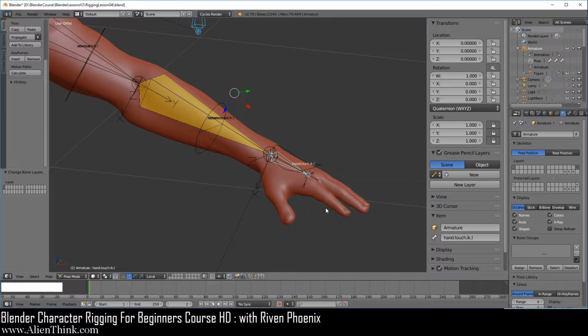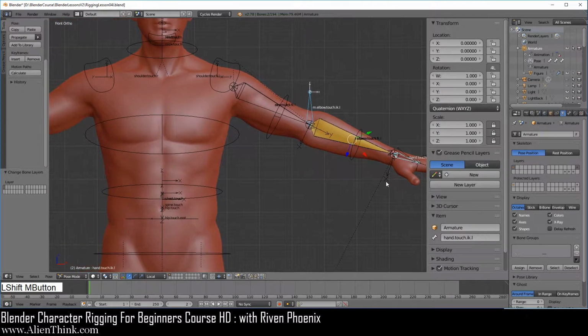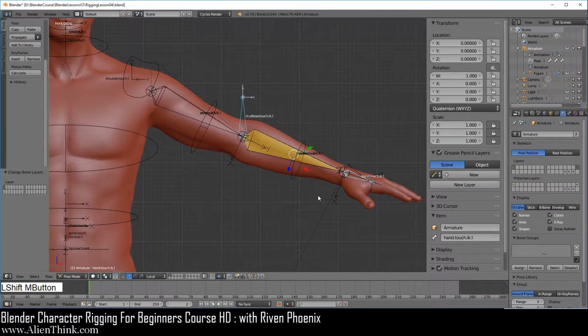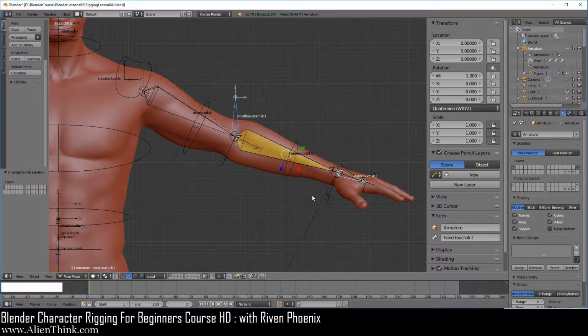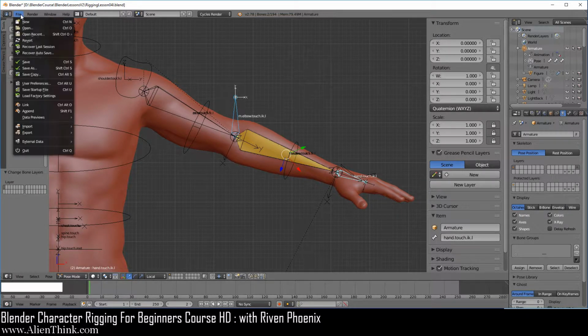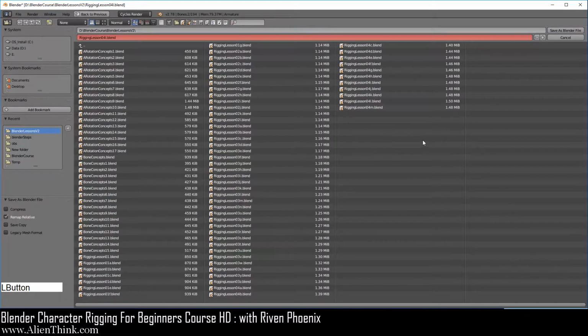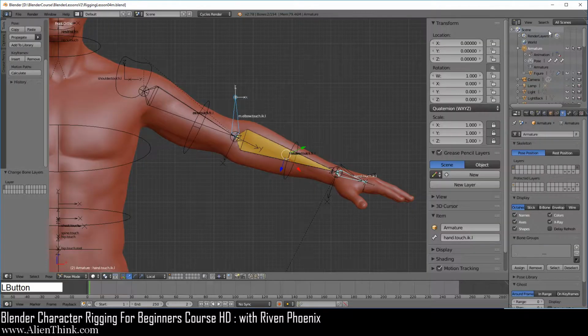Okay, now what I want you to do is go under File, do Save As, and here we're going to save this as rigging lesson 04 m.blend.